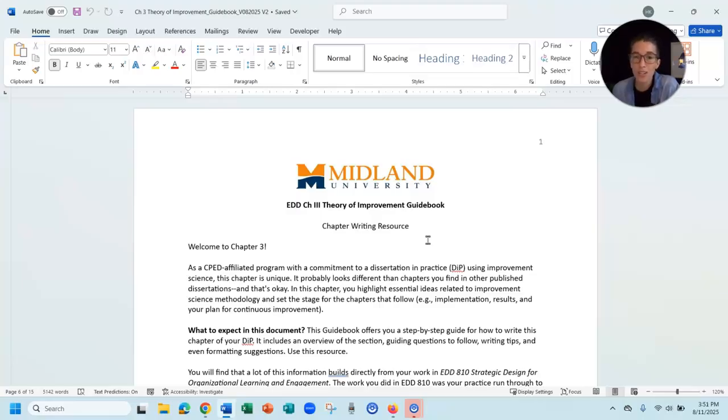You're thinking of using it as your guidebook, your textbook, throughout the entire time of you writing chapter 3. And you'll find that you will have a guidebook when it comes to writing chapter 4, and it'll be really similar. And you'll have a guidebook for writing chapter 5, it'll be really similar. You'll have a guidebook for writing chapter 1 of your dissertation, your introduction, and again, it'll be really similar. Okay,